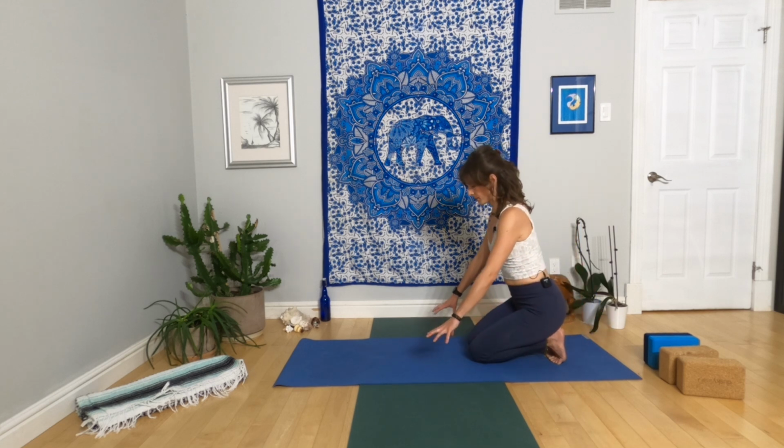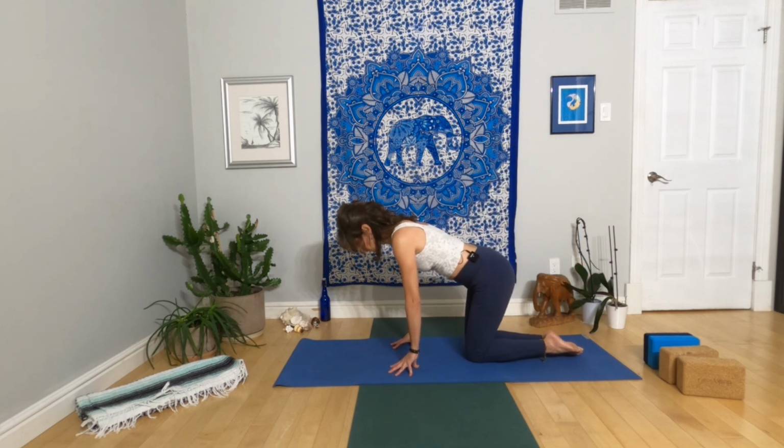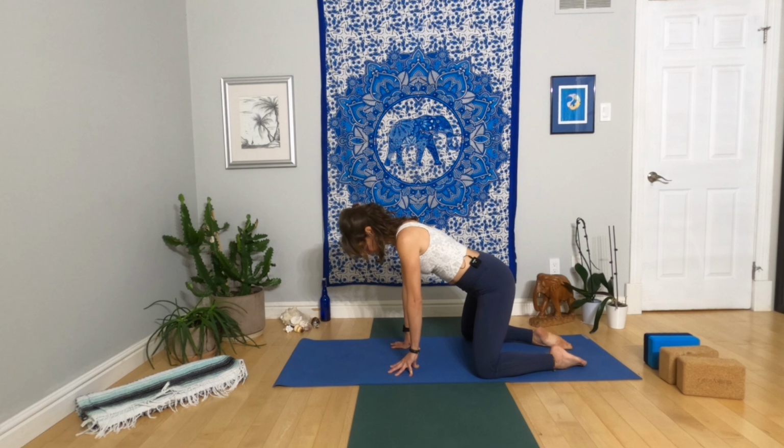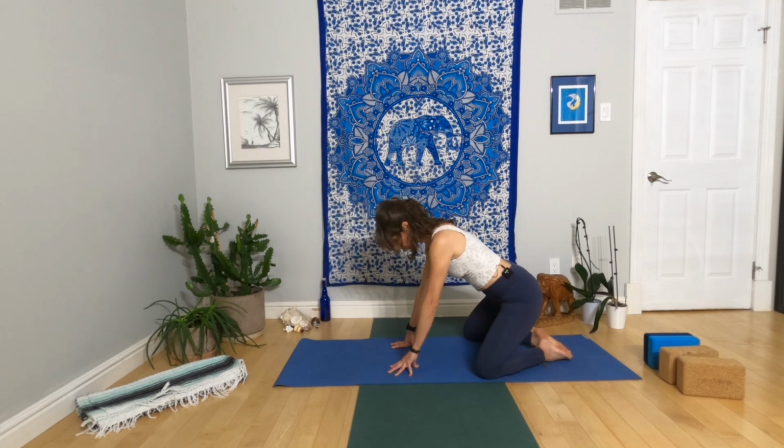Inhale, reach the hands behind your lower back, interlace the fingers, and reach the top of the hands down as you lift the heart up. Release that grip, bring your hands forward, untuck the toes, open the knees wide, bring the big toes to touch or further away from each other, whatever feels good, and then sit back down onto the heels with knees wide open. Take a moment here, maybe closing the eyes, hands on thighs,